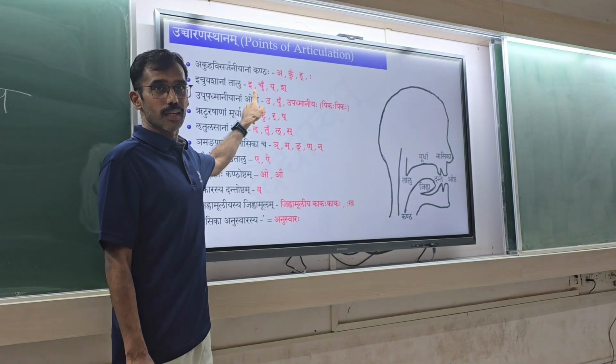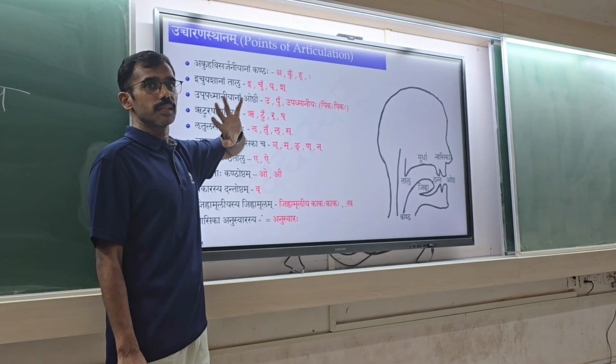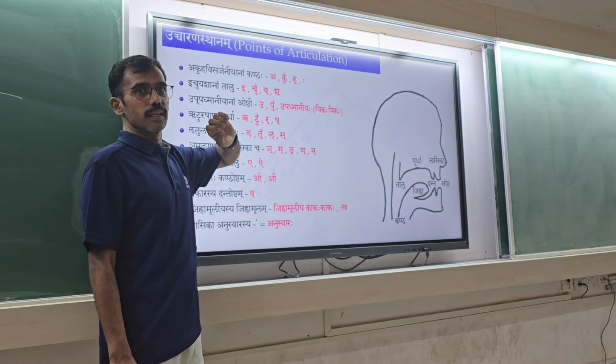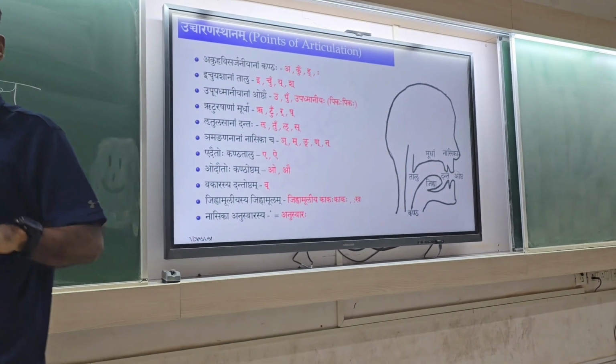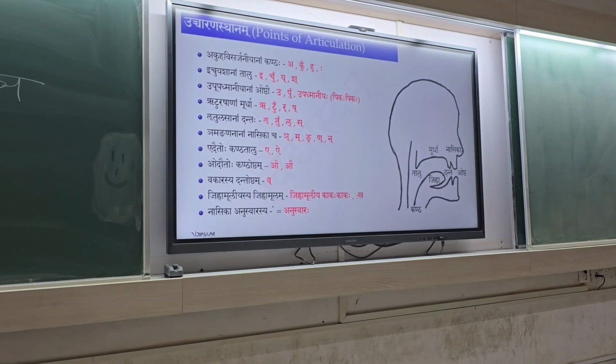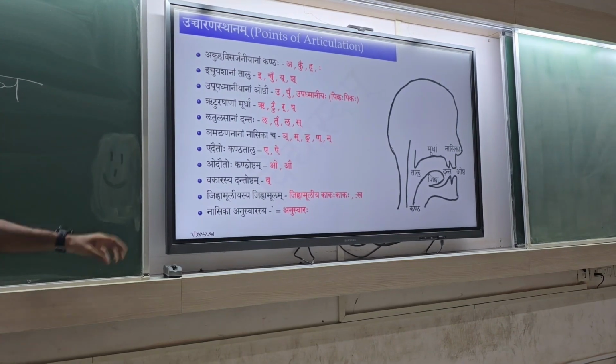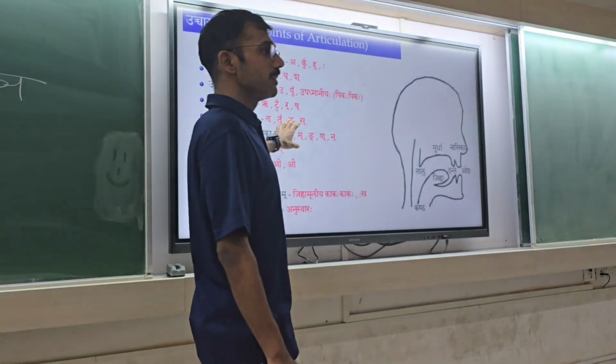For E is also talu. So you can only replace words that have the same Uchcharan sthan. You cannot replace randomly. So again that Uchcharan sthan is important. And then, because there are so many varnas, how will Master Panini explain this in the Astadhyayi? He will say that